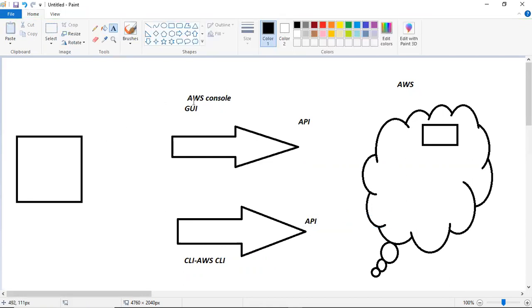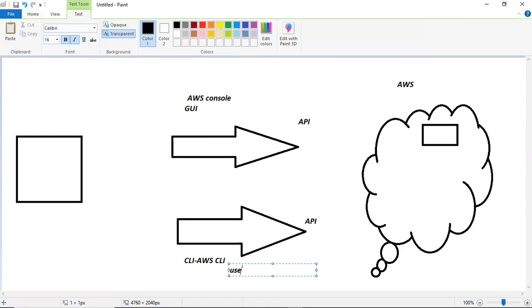From the console, how will you be logging in? What kind of user will be logging in? Usually administrator or root, we can say, who has full authority for creating resources in AWS. In the same way, in AWS CLI we also need to configure the user. So I'm configuring an admin user. This is the authorization, so you can create any kind of resource here.